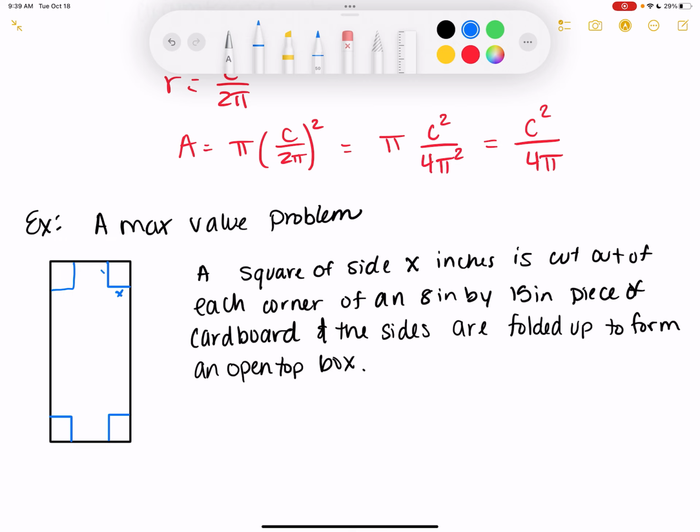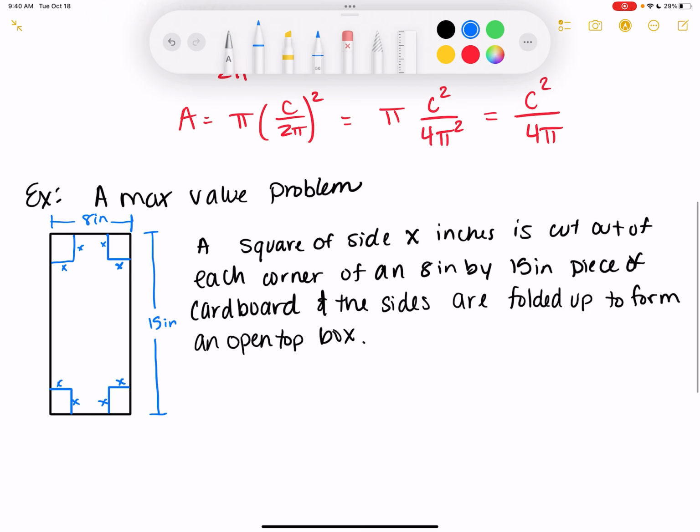So each of these little sides are X's. Okay, that's what's been cut out of the box. We know that the whole side is 15 inches and the other side is 8 inches. Okay, so it's forming